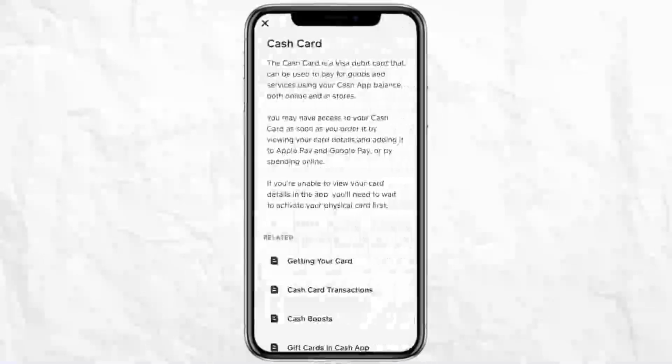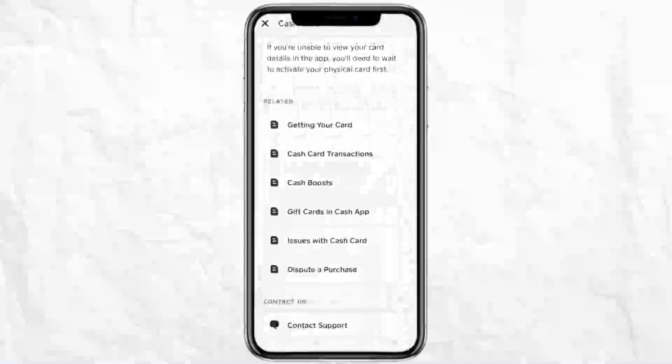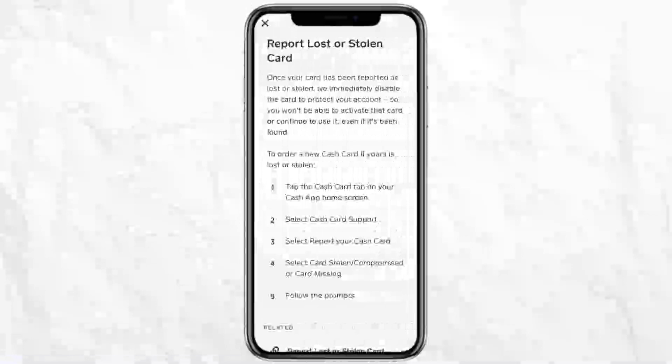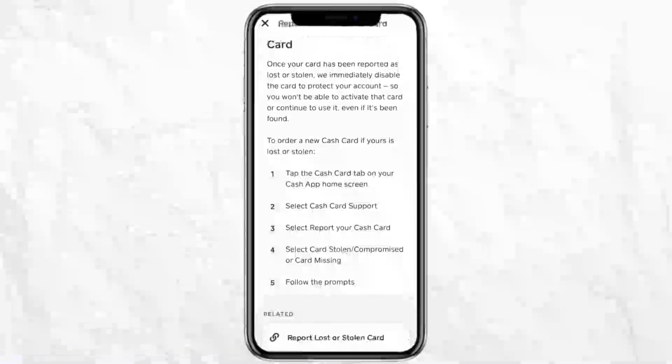Just scroll down and now here just click on issues with Cash App card, and here on this page you will see that there are so many related problems that you can report. You can see trouble signing up, report lost or stolen card. Since you have lost your Cash App card, just simply click on report lost and stolen card,